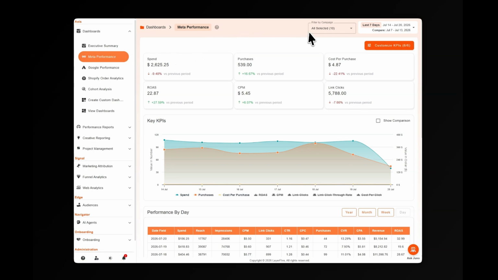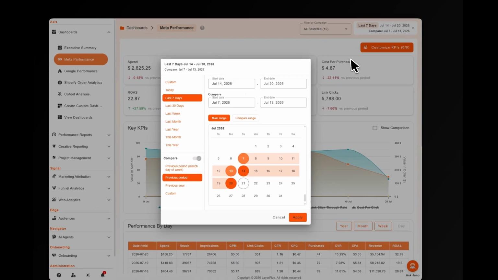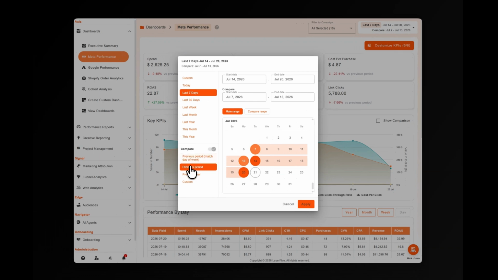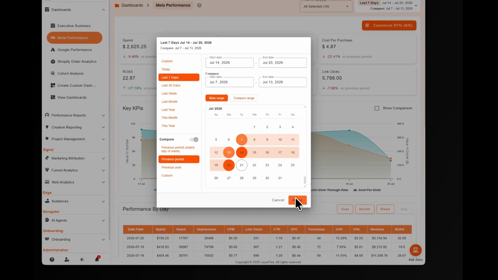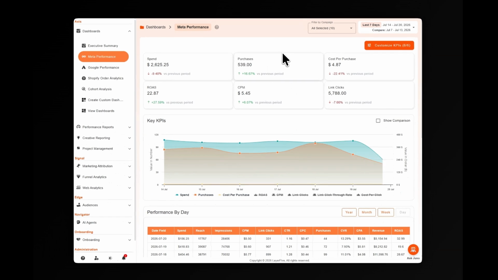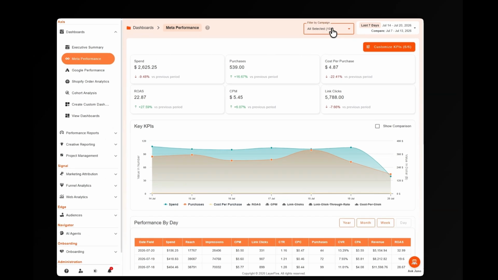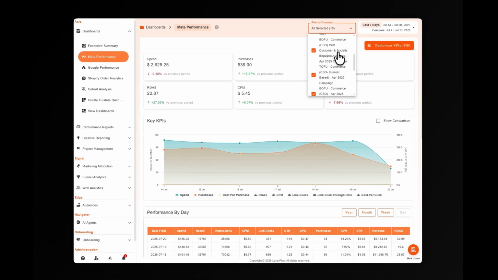Set your reporting period with the date range selector, then enable Show Comparison to overlay the same metrics from a previous period. That way you're reading a trend, not just a single snapshot. Before any budget decision on a specific campaign, use the campaign filter to isolate it instead of reading performance blended